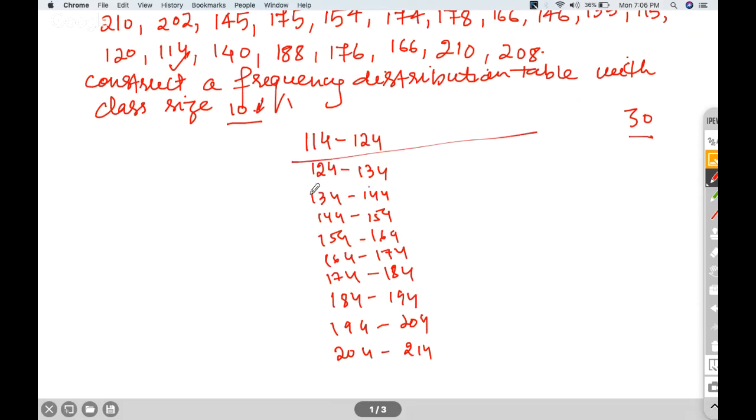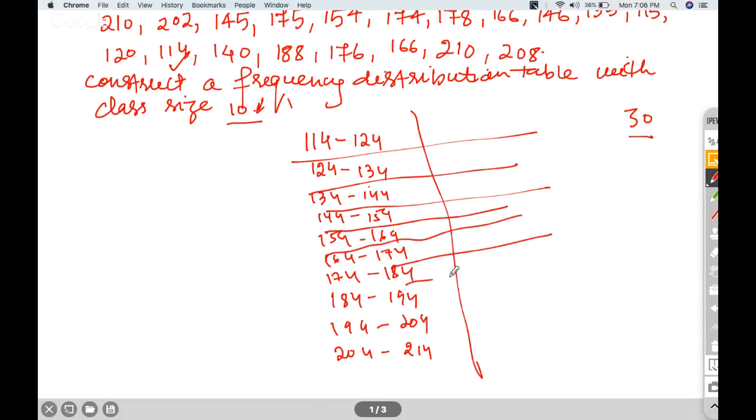This is how my frequency class intervals look like. Now, once you have made these class intervals, now what we need to do is,